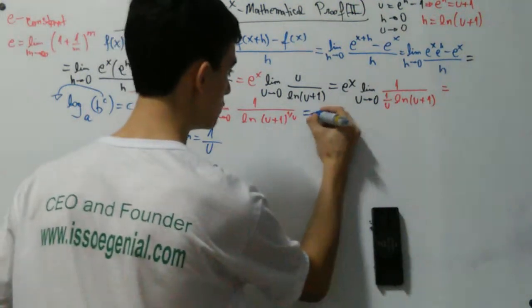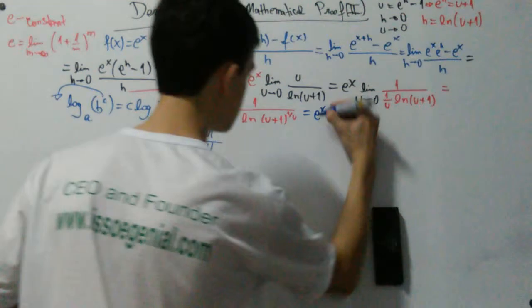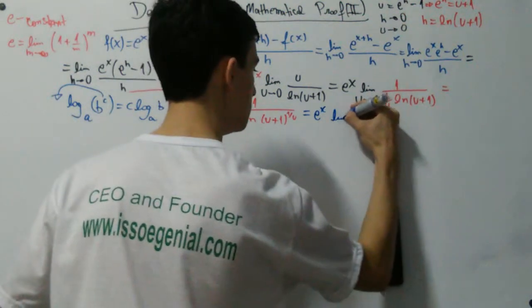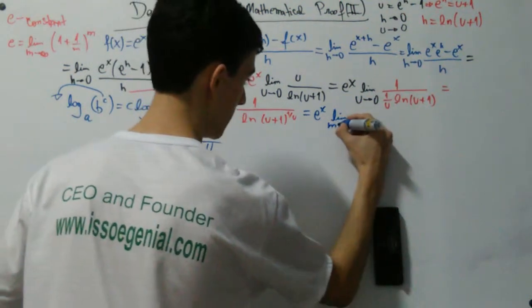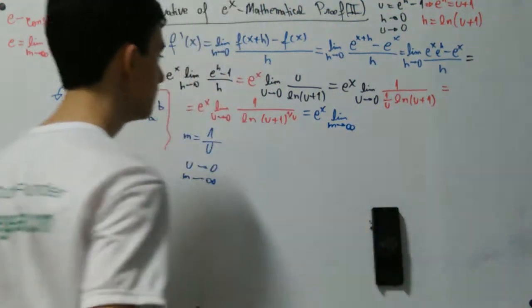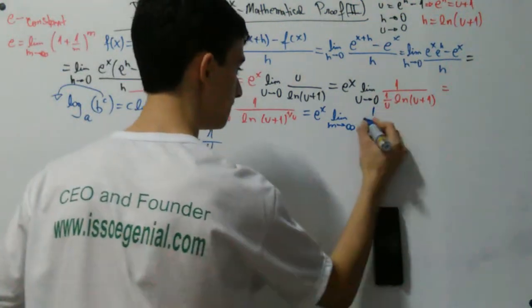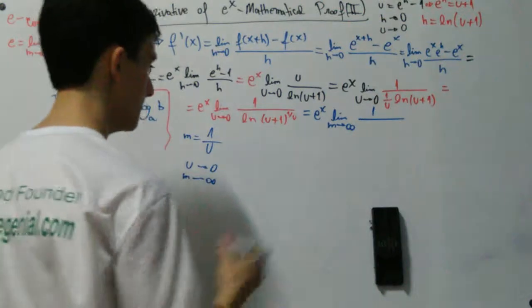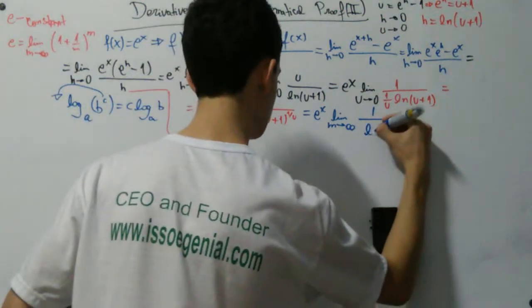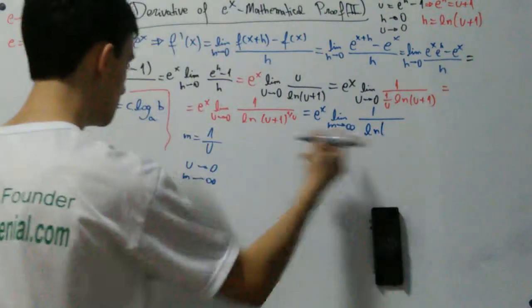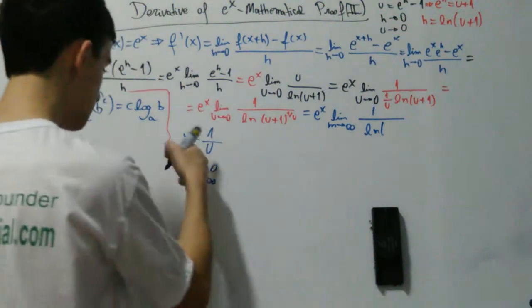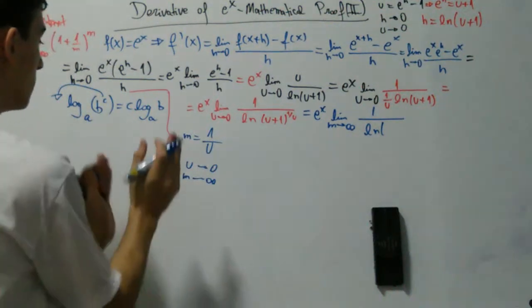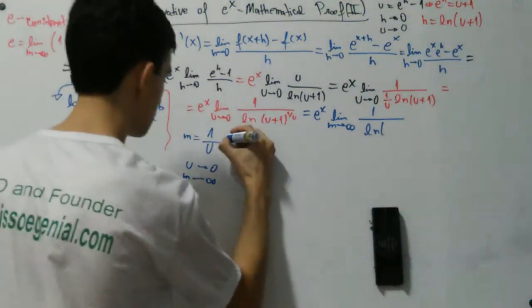So this is equal to e to the x times the limit when m approaches infinity of 1 divided by the natural log. Now we can put it this way. We can, in this equation here, raise both sides to -1. So we have that